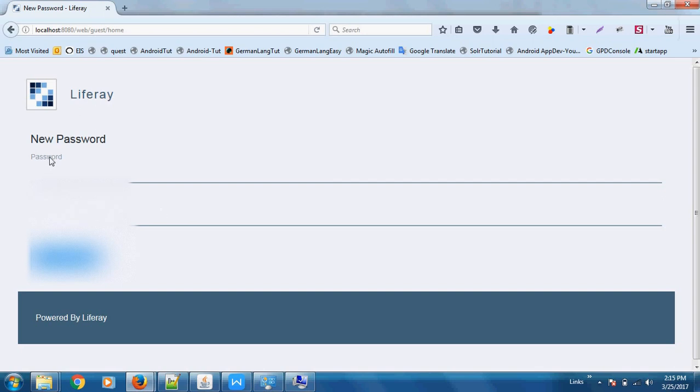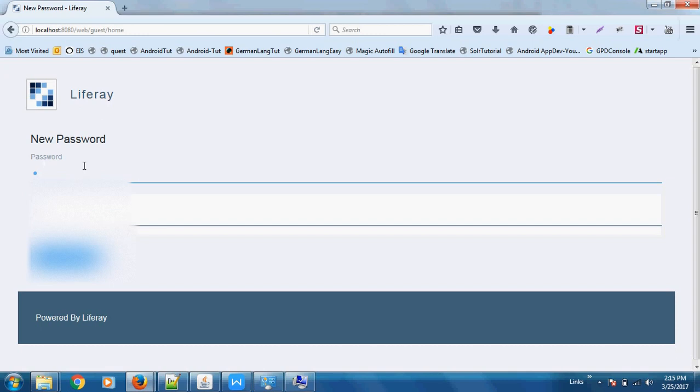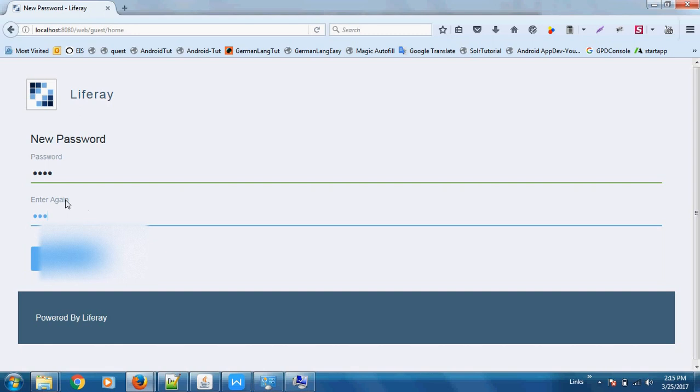You can change the password. I have kept it as test. Enter again, test, save it. Just choose any of the security questions and then answer, save it.